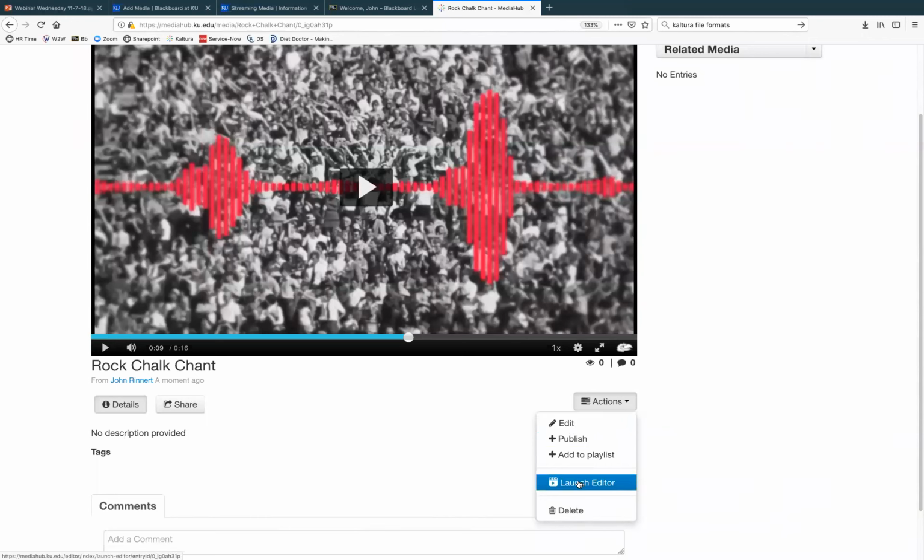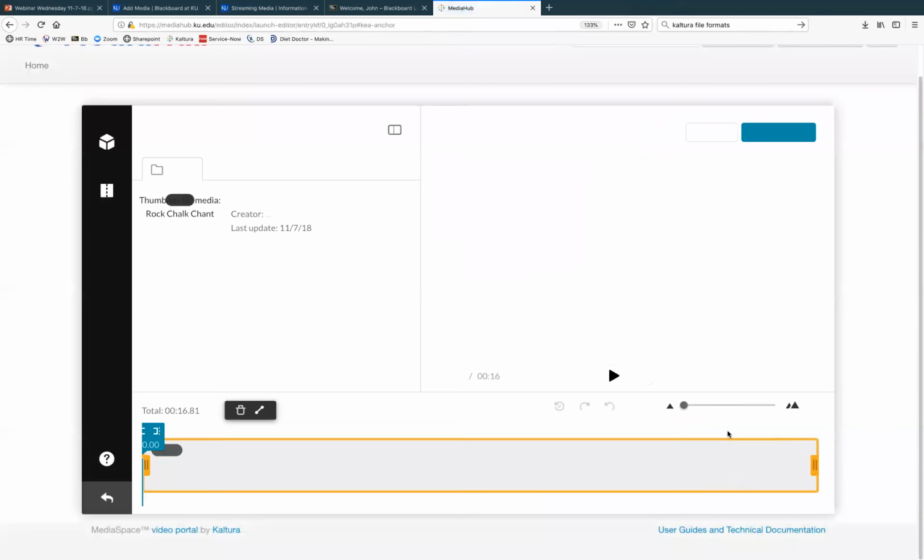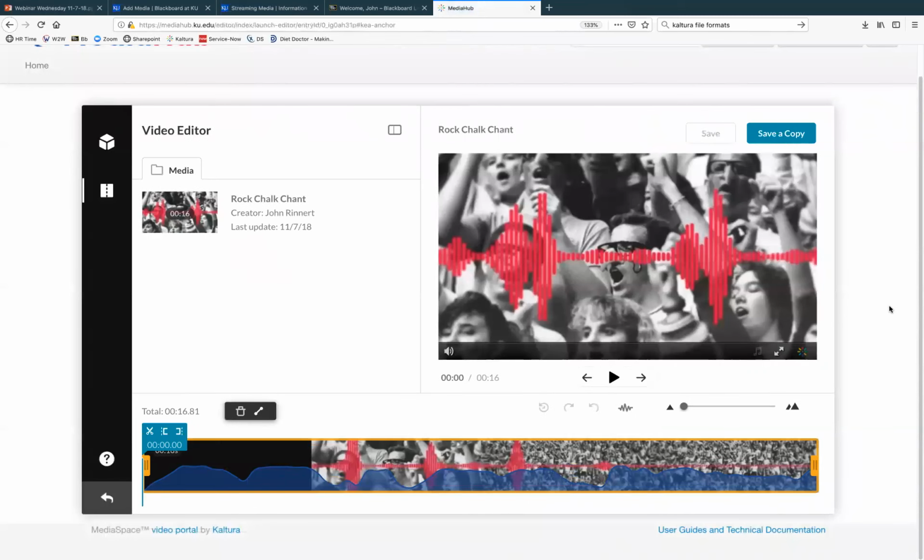But I can also launch an editor. I'm going to jump ahead just a little bit in my little agenda here. You can see that there is a basic HTML5 editor built into MediaHub.